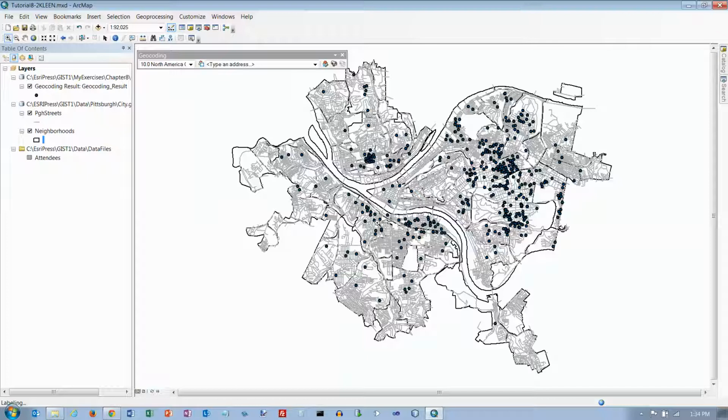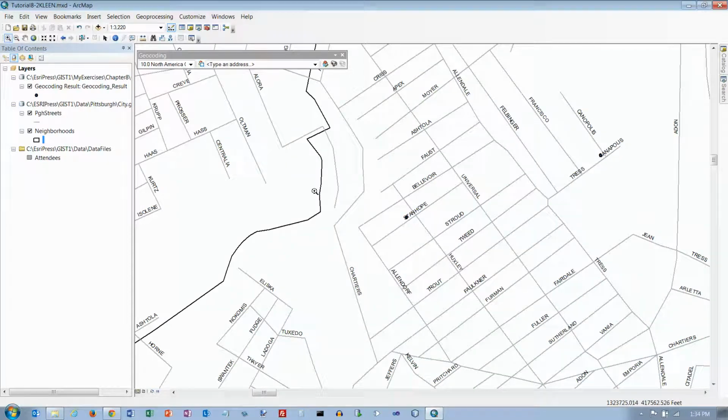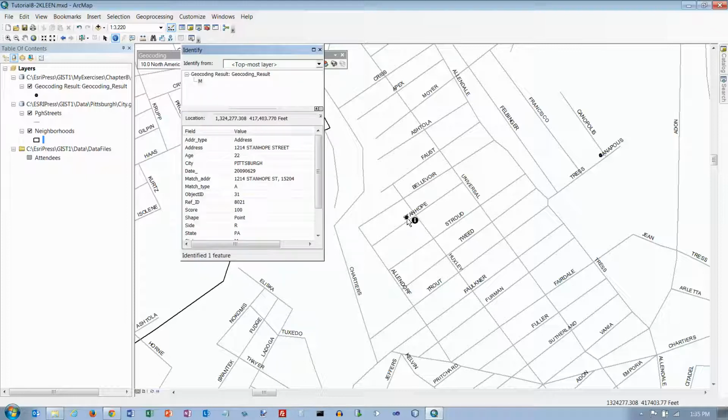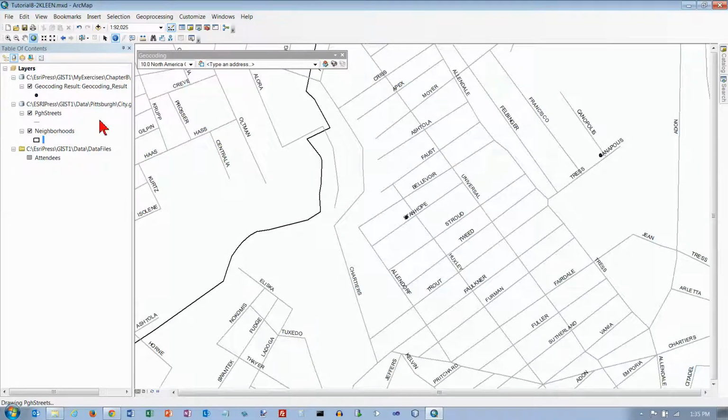And now every single one of those addresses is plotted on our map. So let's go in and just take a little look here. Let's try this one out here. That's our top layer now, so we should be able to click on that with our information button, and it should tell us that that represents 1214 Stanhope Street, and it's on Stanhope. We don't have any clues about numbers here, but let's go back out to the full extent,